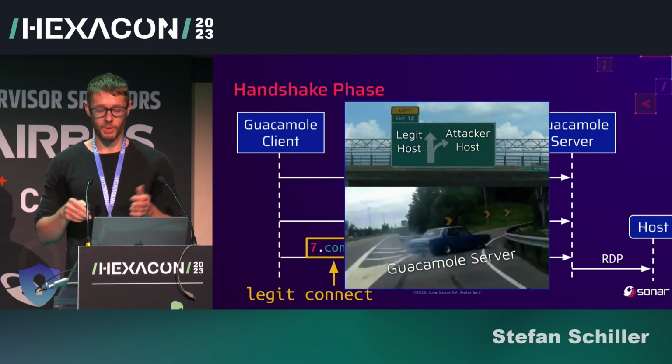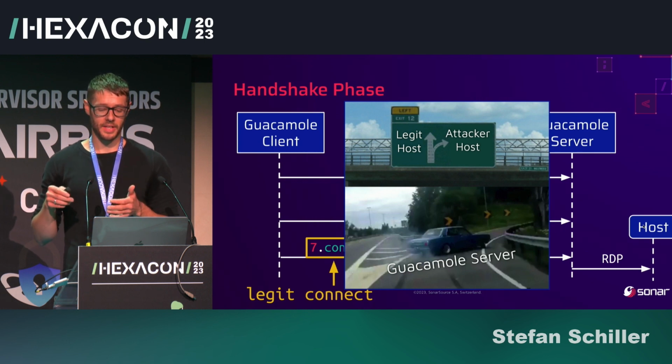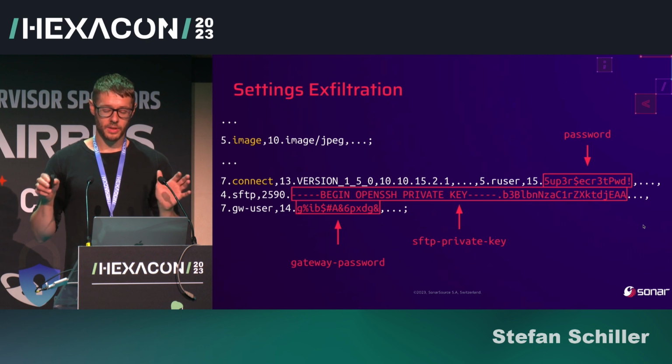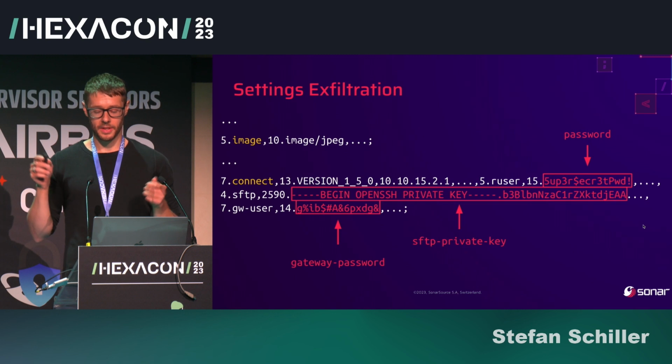This makes the guacamole server ignore the second, actually legit connect instruction, and instead connects to any host we would like to. Cool. Now what? Let's start by exfiltrating some data. The connect instruction sent by the guacamole client contains sensitive items like the credentials used to make the connection, optional